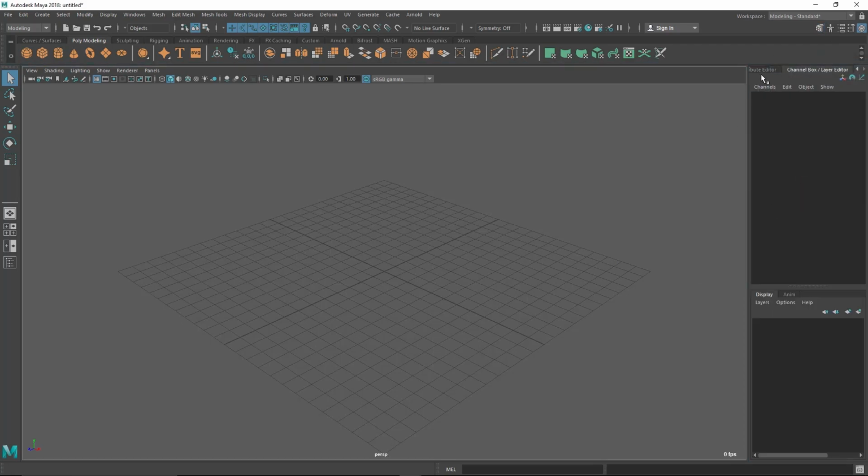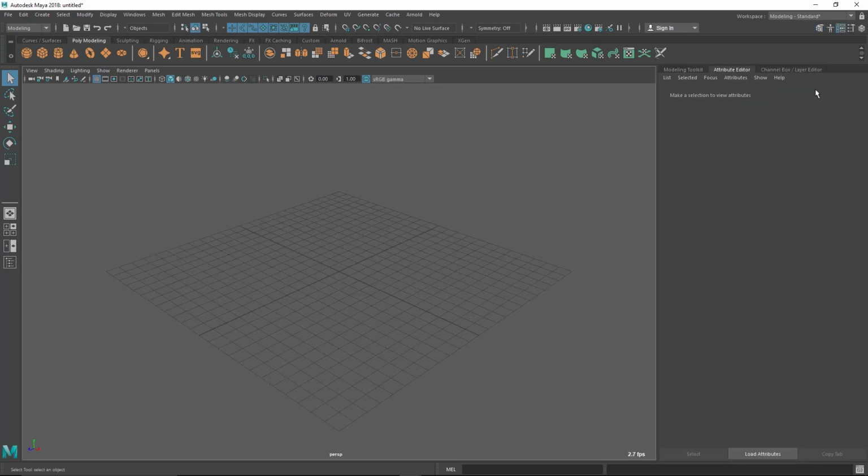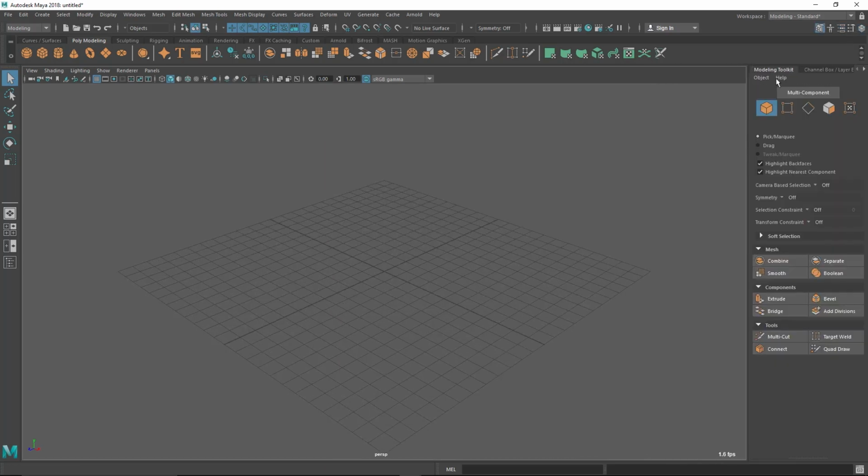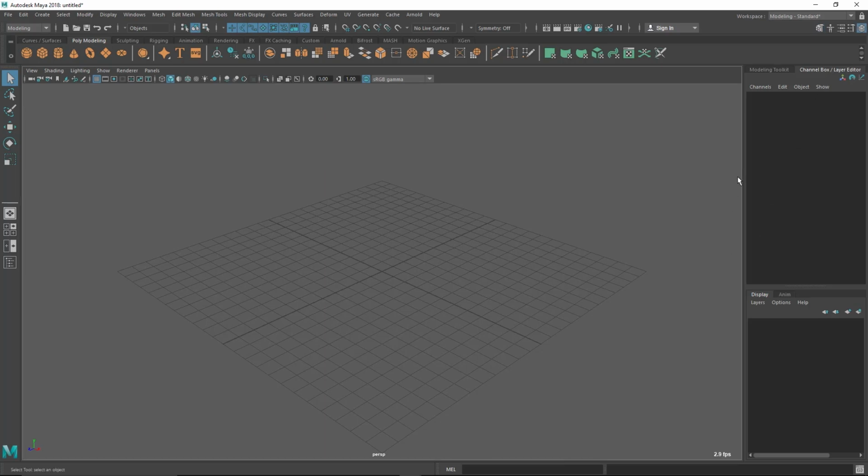Now you can see if I drag it here, I have 3 things there. Let's say I don't want the attribute editor, I can turn that off. Now I have the modeling toolkit and the channel box layer editor. I'm going to use these things a lot, so I'm going to save this workspace as my own workspace. We can go to here and save current workspace as, click here. Let's say modeling standard